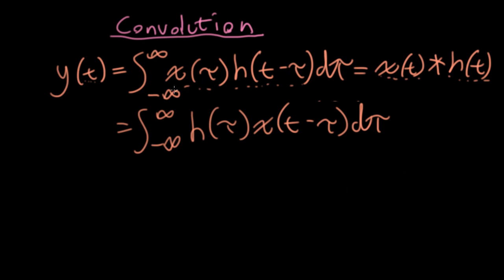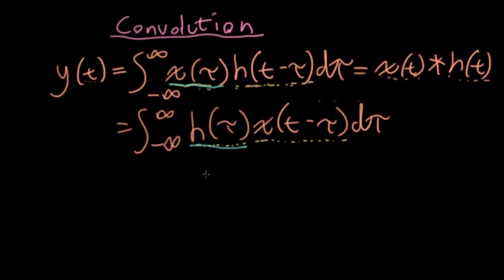I really wish that the people who created the notation of convolution would have picked something other than an asterisk, given that an asterisk is used to represent multiplication in most programming languages, and we also will use an asterisk to represent a complex conjugate operation if we use the asterisk in a superscript kind of mode. We're looking at convolution from a signals and systems context where x and y represent inputs and outputs and h represents an impulse response. But convolution is a general mathematical operation and shows up in other contexts such as probability